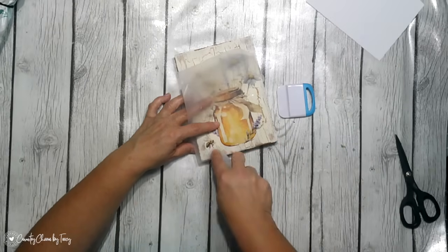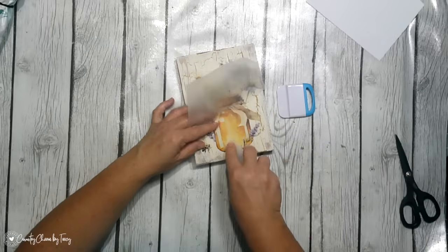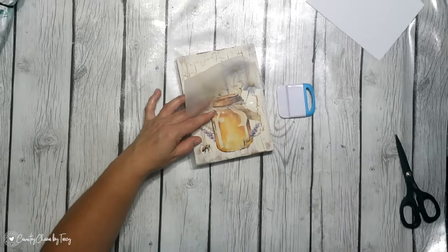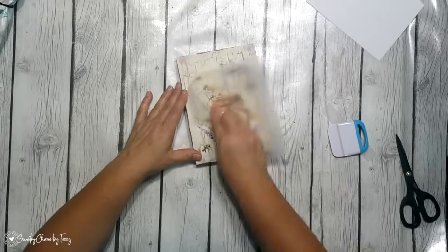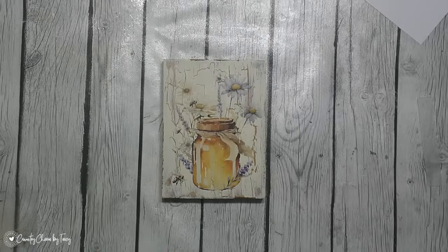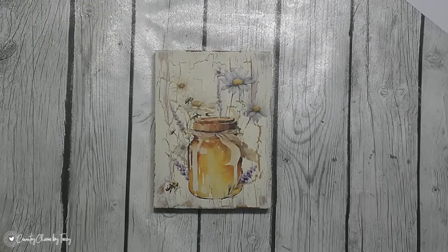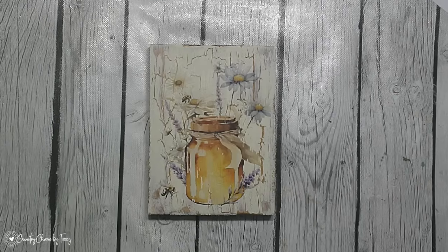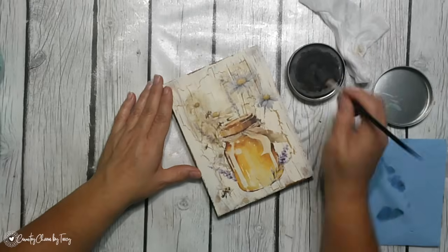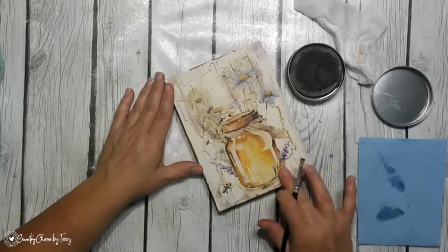So I'm just going to burnish that, get all of that off, rubbing that on and pulling the backer sheet back. And if I still have some on there, then I just lay it back down and get it off. And then I just take the plastic sheet and go over it and burnish it a little bit more. And oh my goodness, this looks so awesome, so hand painted and just perfect for this little shelf sitter,